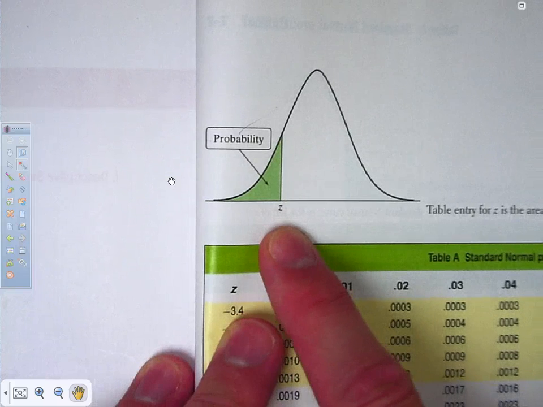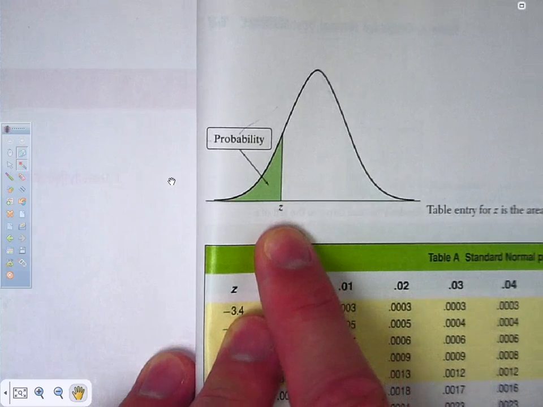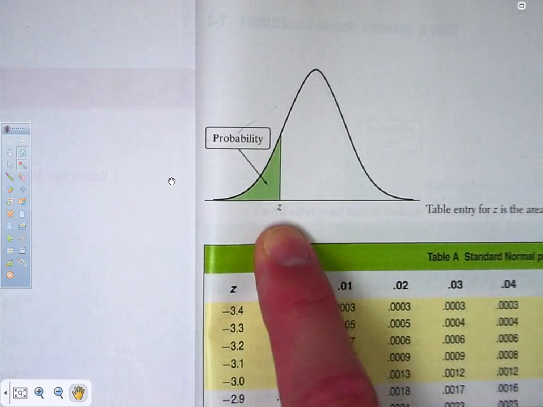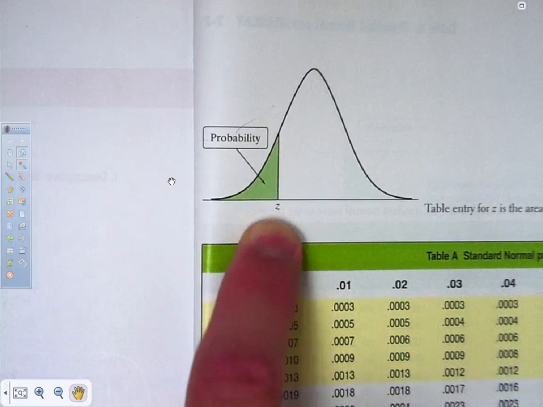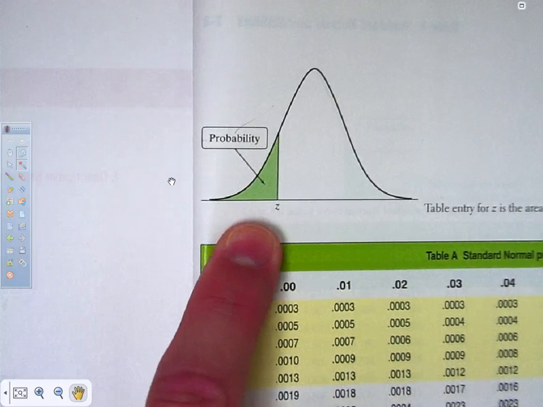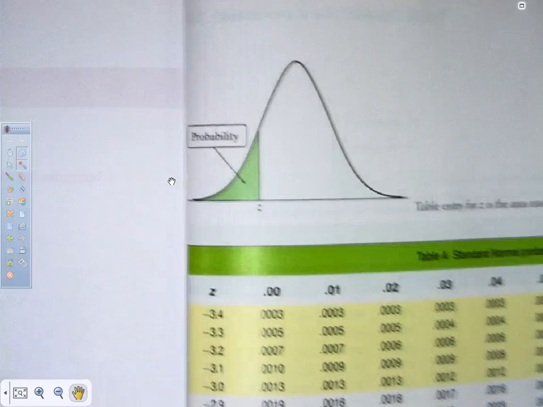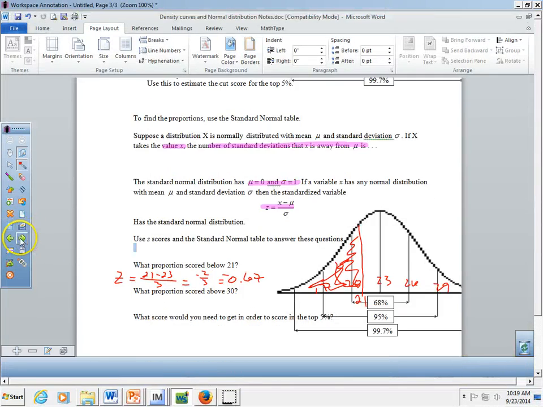We have to use the values in this table in such a way that it will give us the different intervals and the different areas that we want. Right now, we want to know the percent of test takers that scored less than a 21, and strictly less than. So that means I can take the table value and make that my proportion. So what proportion of test takers scored less than a 21? Well, since 0.2514 was that percentage in that table,